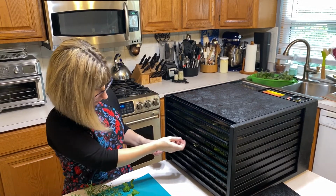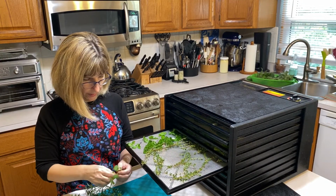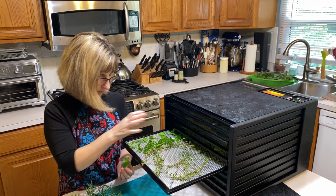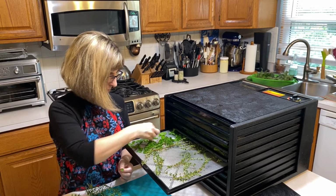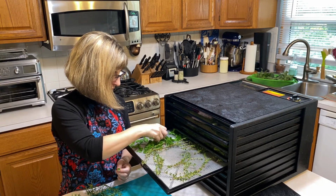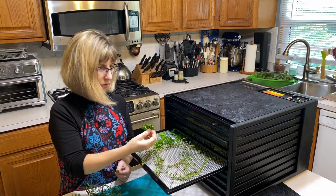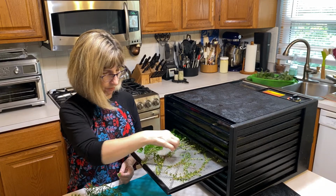Okay, and then I have another tray with some parsley. So I have a mix of flat leaf and curly. It doesn't matter which one. I put them together when I store them. They taste exactly the same, and you can't hardly even tell the difference when they're dried. But I just take the leaves off. For these, since they're such big leaves, I don't take the little stems. I just take the main stem off. And then for